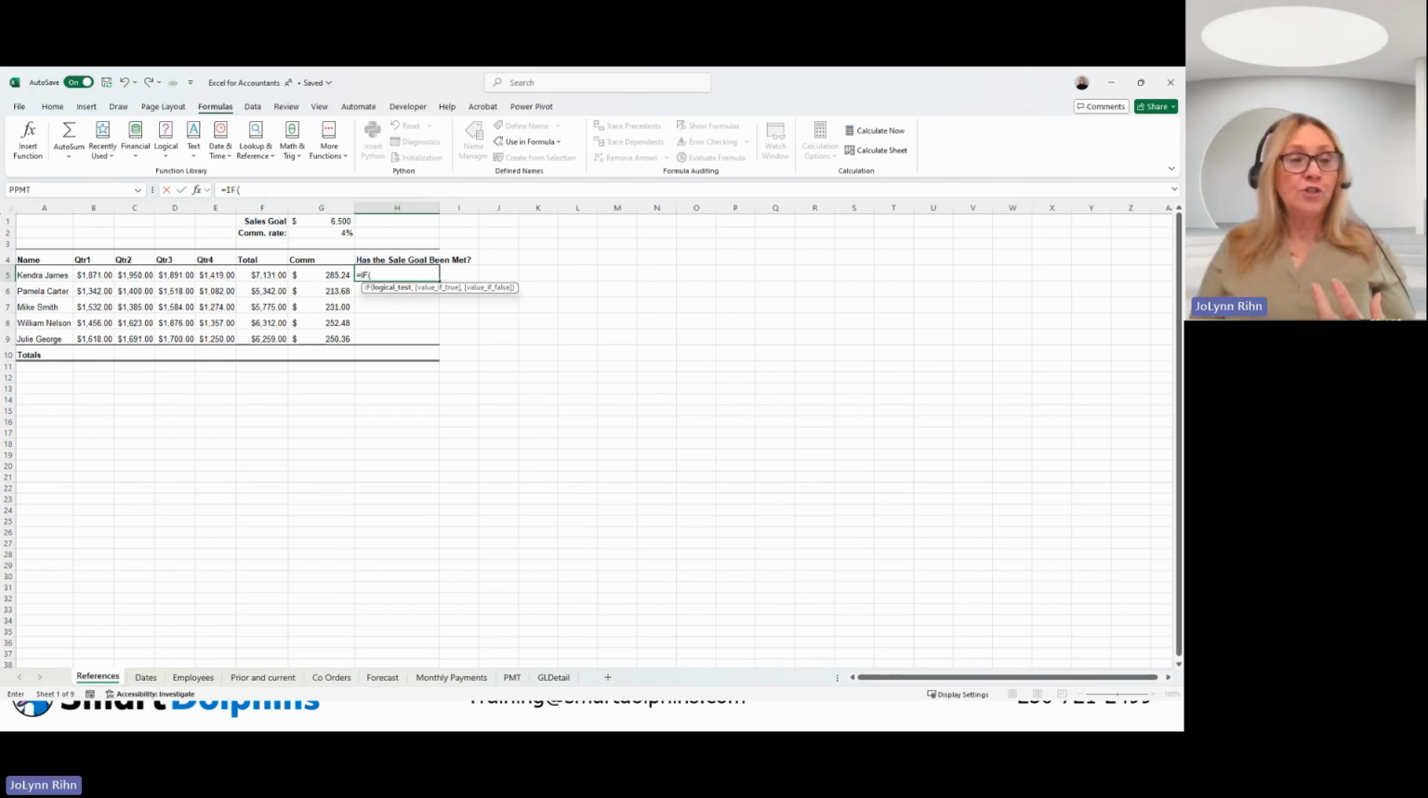So what I want it to do is I actually want it to look at their total sales. And I want to know if it is greater than or equal to the sales goal. But I'm using the named range for sales goal. So I wanted to compare F5 to see if it's greater than or equal to the sales goal. And comma to separate my arguments in my formula. If the value is true, as you can see from my screen tip, what I wanted to do is say